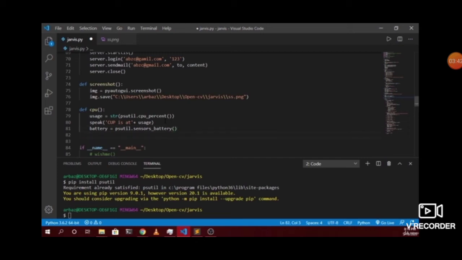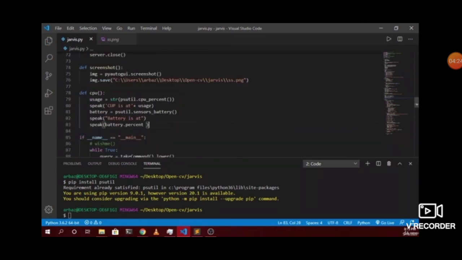So for that, we are going to add a speak function here. And in that we want our AI assistant to tell us "battery is at", and we want our AI assistant to speak the percentage of what it is running our battery. So we will do battery, the variable, dot percentage. So it will return us the percentage of the battery usage. So let me just try to save this thing,